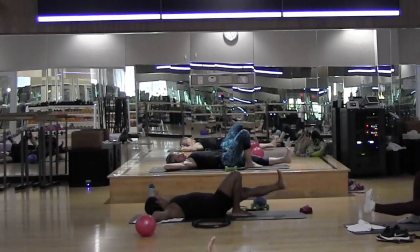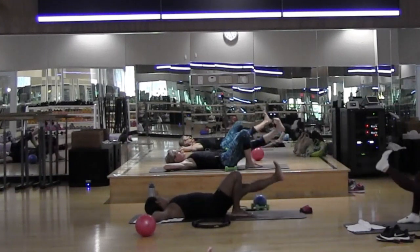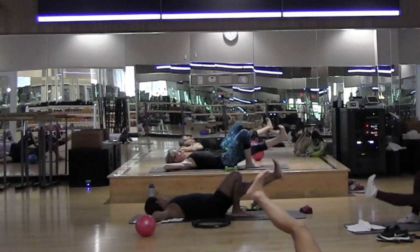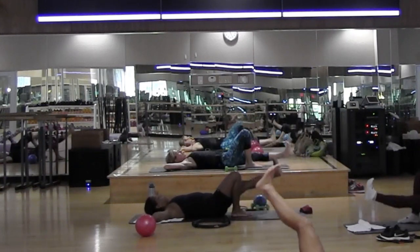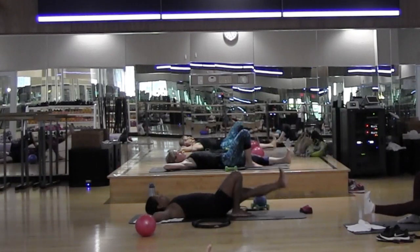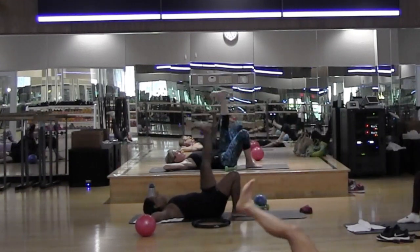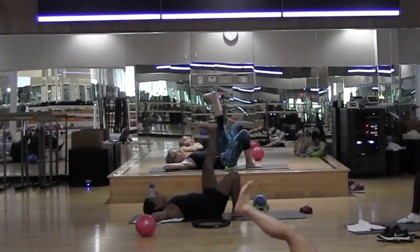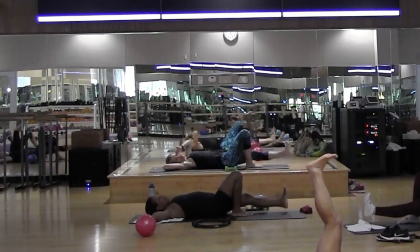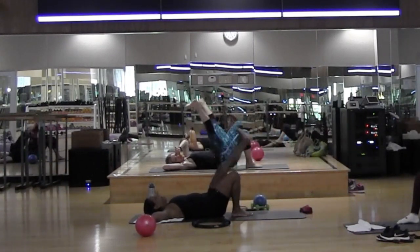8. And down. Reaching the heel towards the wall, not the ceiling. And press. 4 more. 4, 2, 1. All the way up. 8. And down. Exhale, 7. Down. 6. Down. 4,